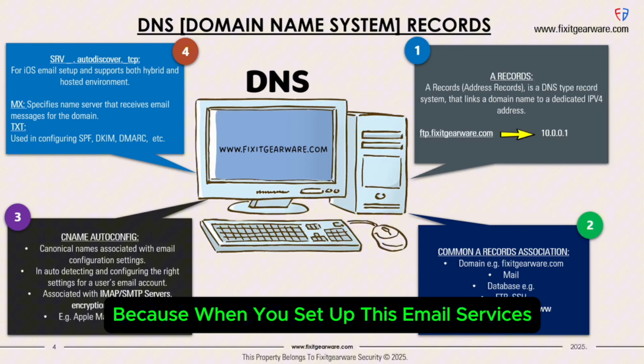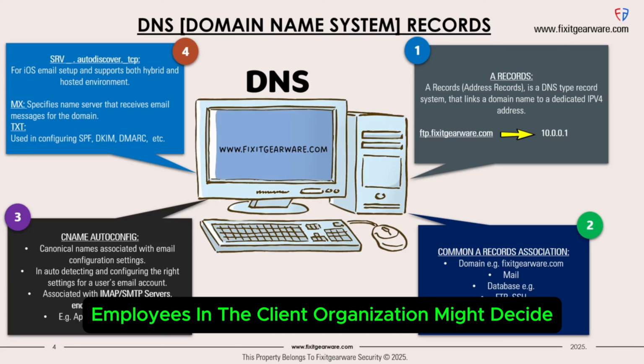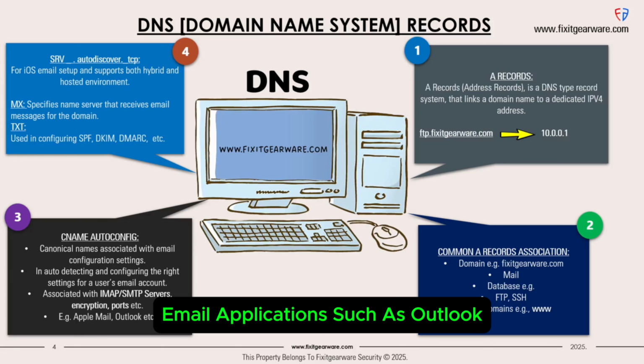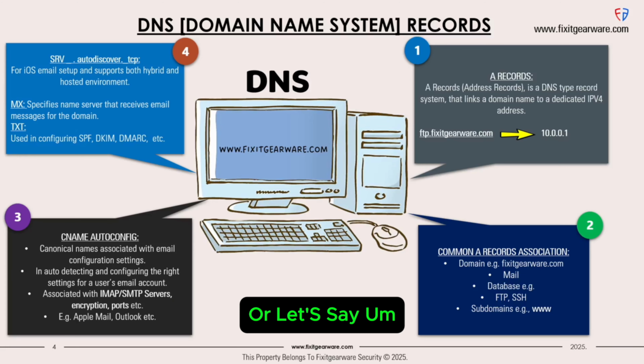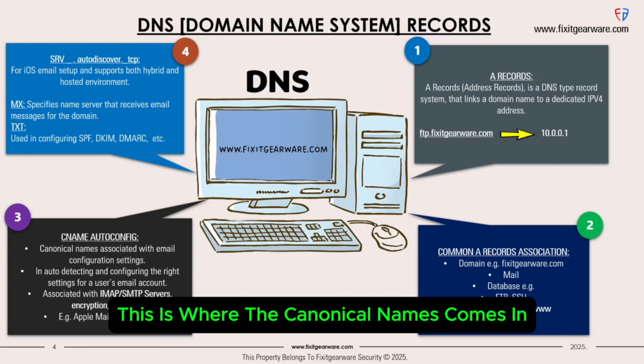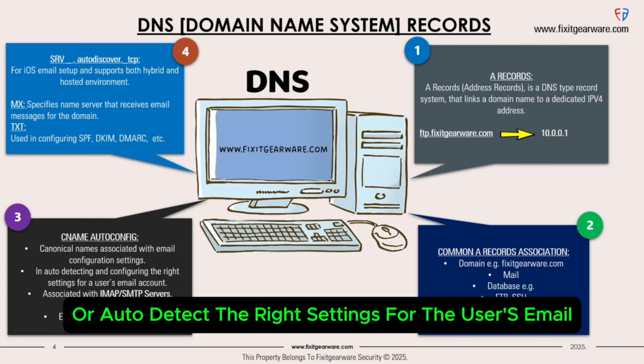Because when you set up these email services, most of the employees in the client's organization might decide they want to link these configurations to email applications such as Outlook or iOS. So they need configuration settings. This is where the canonical names come in. These canonical names are how you can auto configure or auto detect the right settings for the user's email